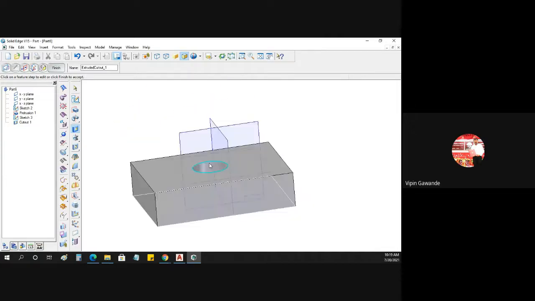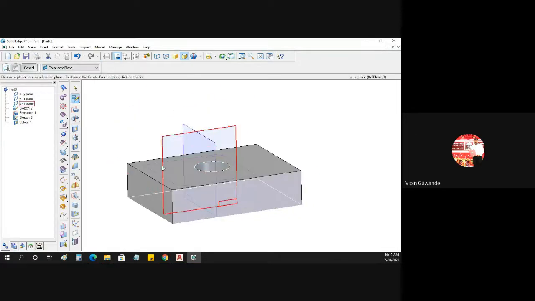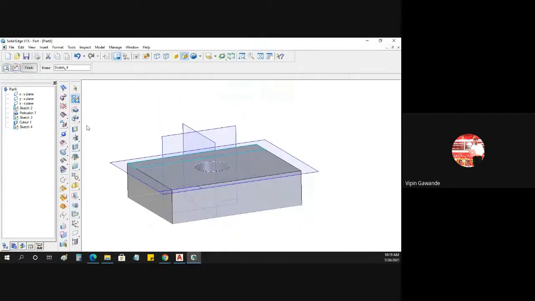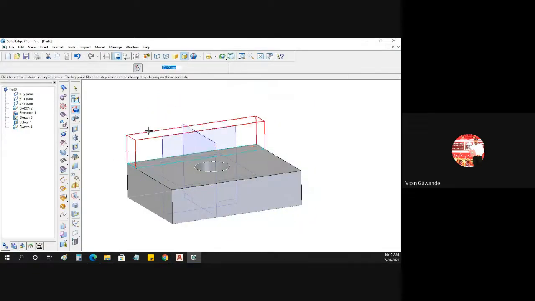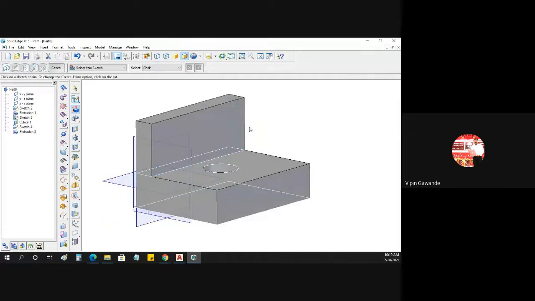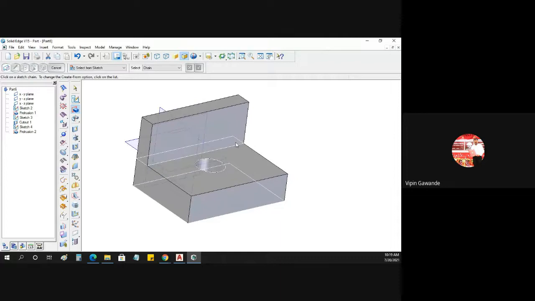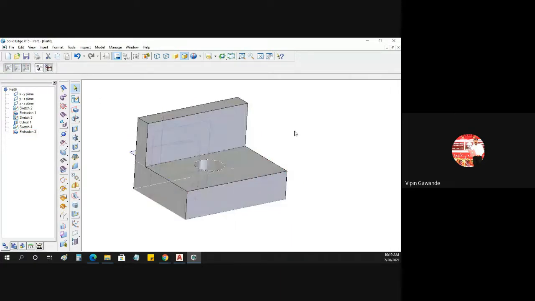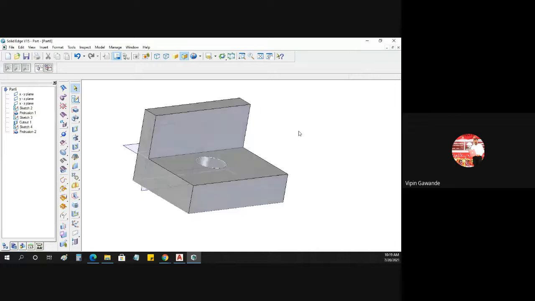So we have drawn this one. Now let us create another surface. We can create some rectangle again, then go for the drafting. I have created one rectangle sketch, the next sketch. Then I am extruding this one. So this is extruded here. We have created something like this, one model. We have created this model. So these are the simple tools for three-dimensional drawing.